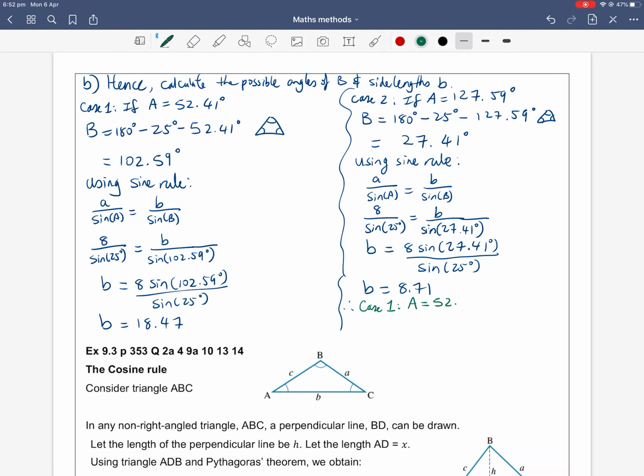Or we have case 2, which is the ambiguous case, where A is the obtuse angle of approximately 127.6 degrees, your B angle is approximately 27.4 degrees, and your B side length is hence approximately 8.7 units long. So there's two possible answers because of the ambiguous case. Very, very important. Make sure you always check for the ambiguous case in your